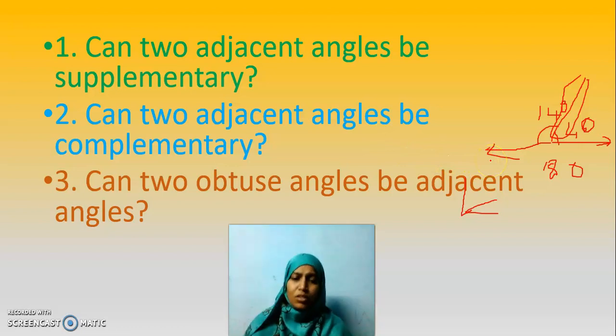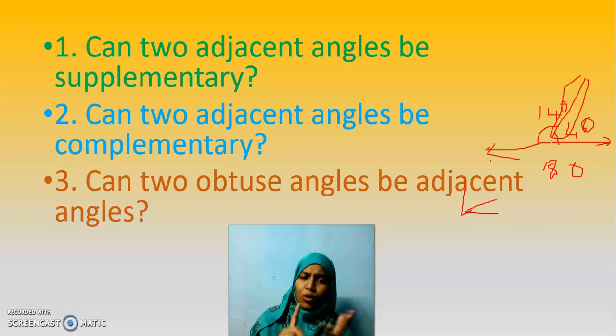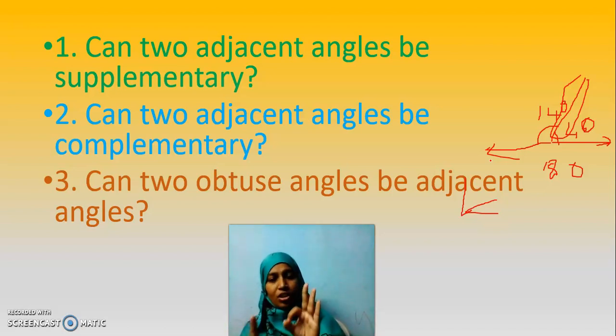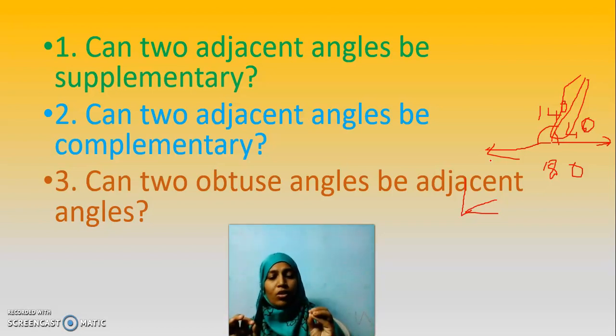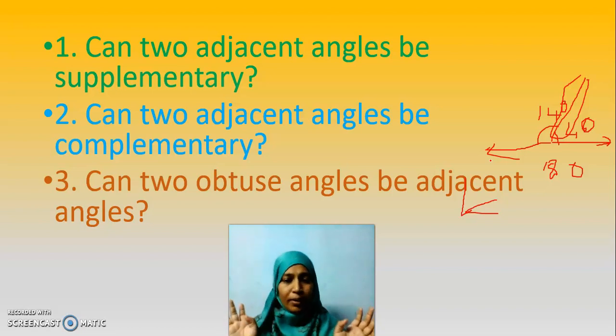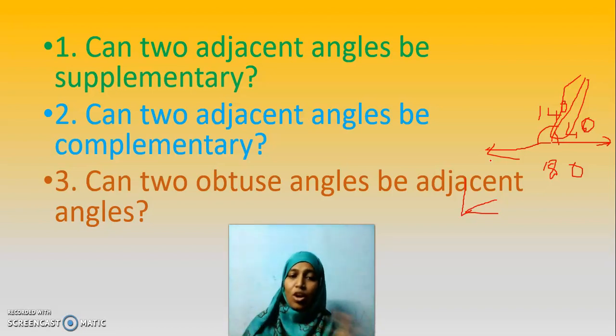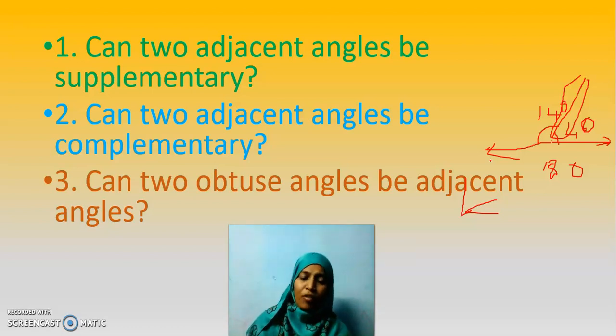Yes, dear children, there is no condition on the measure of the angle to be adjacent. Whatever may be the type of angle, acute, obtuse, right angle, straight angle, if two angles appear satisfying the three conditions of common vertex, common arm, non-common arm should lie on either side, then they are adjacent angles. So there is no restriction over the measure of the angle. We get acute angle, obtuse angle all based on measure, so we need not worry about what type of angle it is. Any type of angle can be adjacent angle. So two obtuse angles can also be adjacent angles.